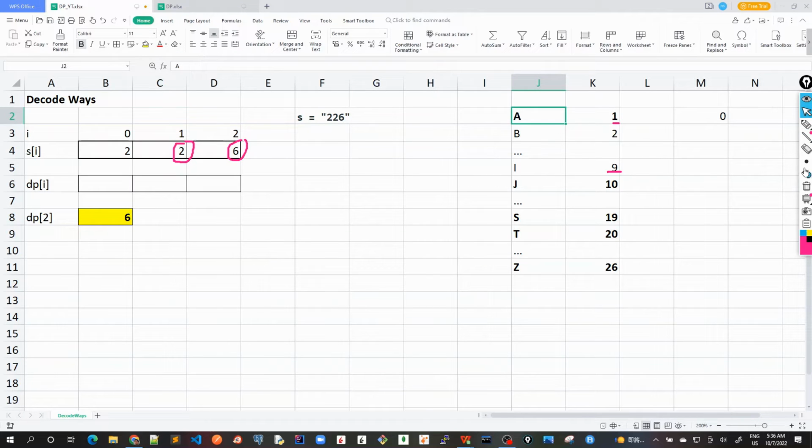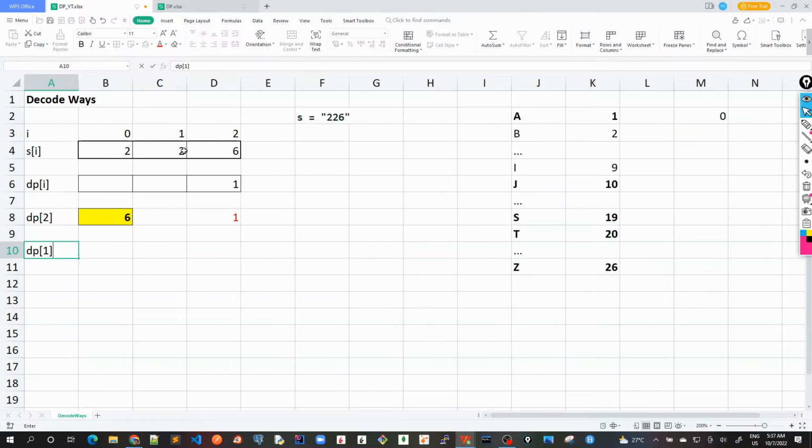In this scenario, if the number is 6, the number of ways to decode it is only 1, because 6 is a valid number and it would be decoded to a correct letter. So here dp of 2, for using just 6, is 1. I'll put it as 1 here. Now let's go to dp of 1,